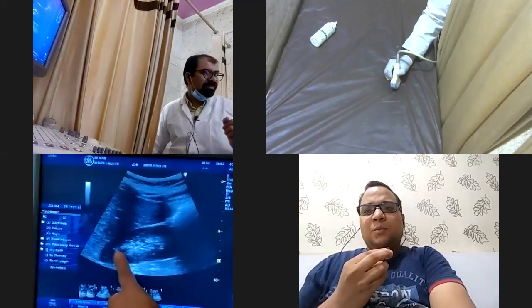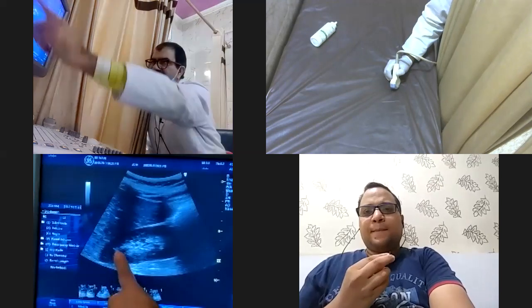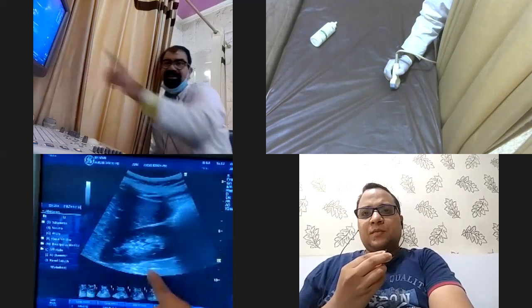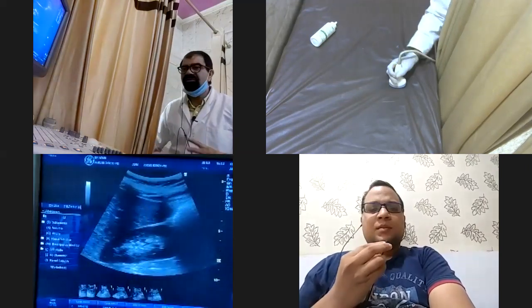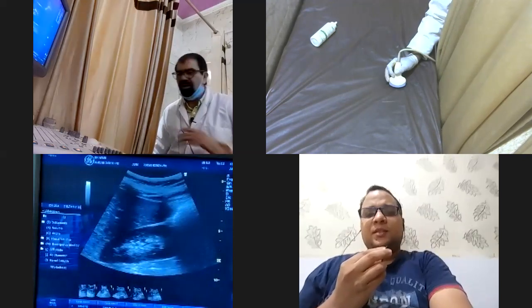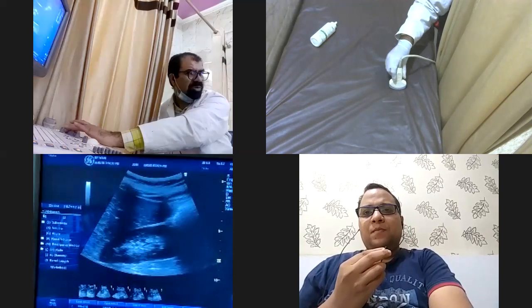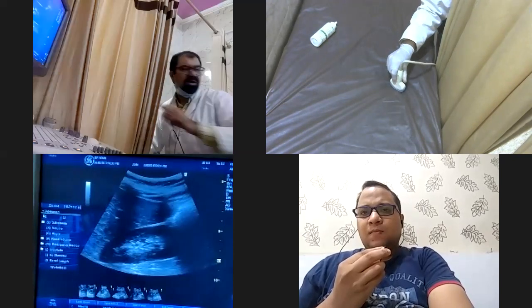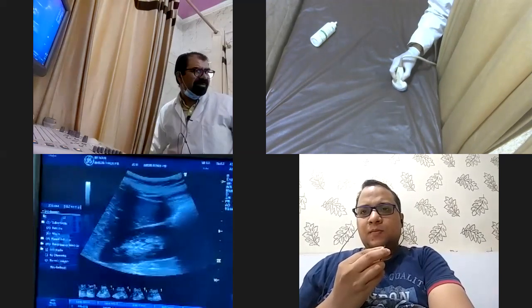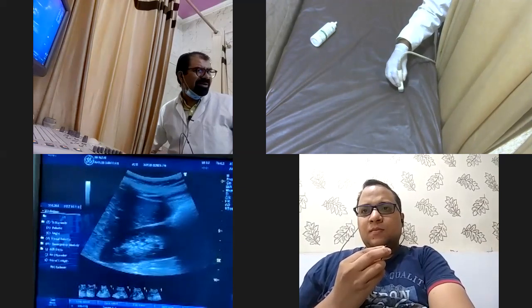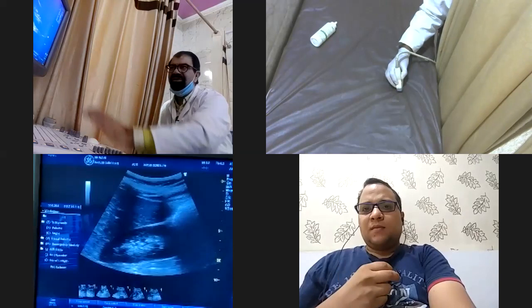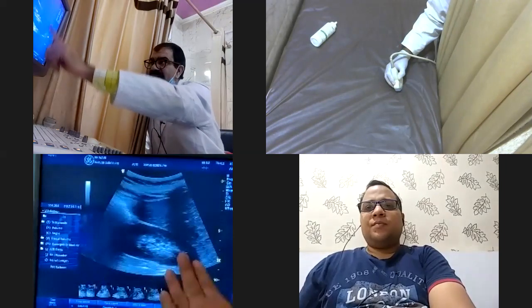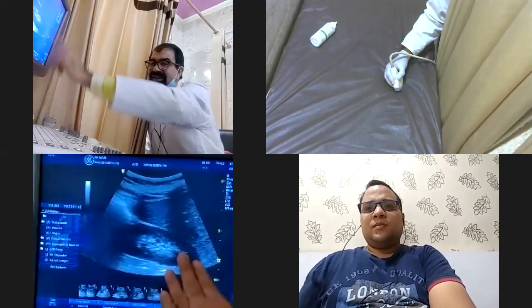pole. Now, you're done with the superior and inferior, but anterior and posterior will be the same as for the transverse section. Clear? Yes, sir. Now see my hand. I have to rotate this probe like this, clockwise. But if I rotate it anti-clockwise like this, the image will be like this on the screen. Now, this is not the inferior, but this side is the superior,